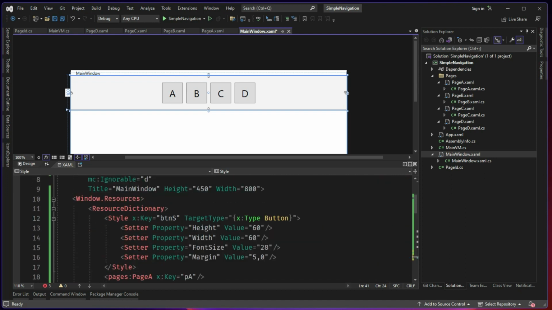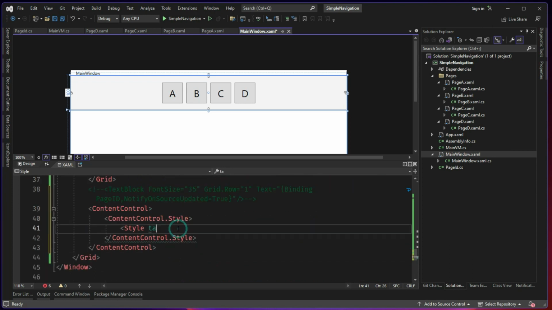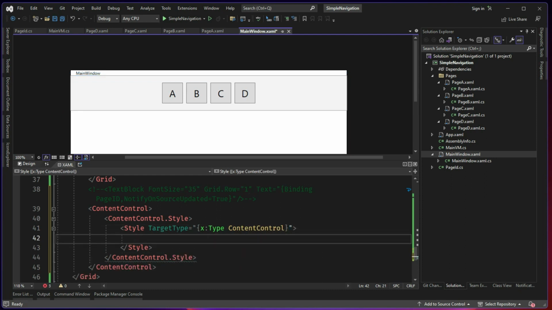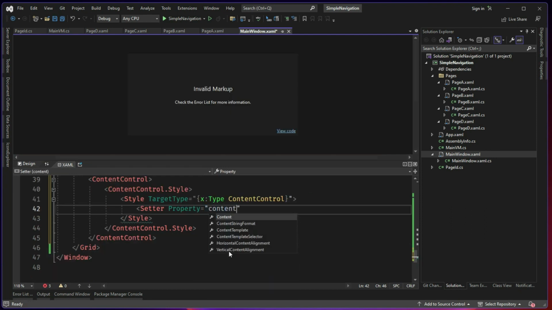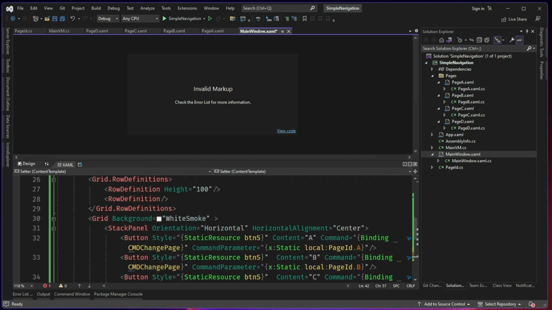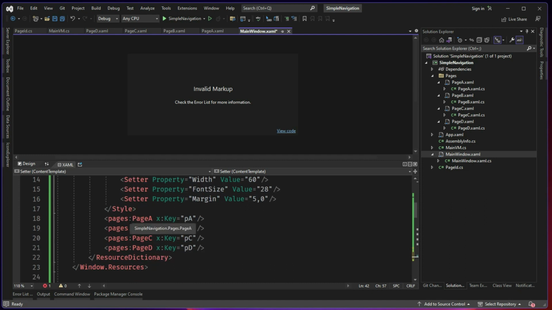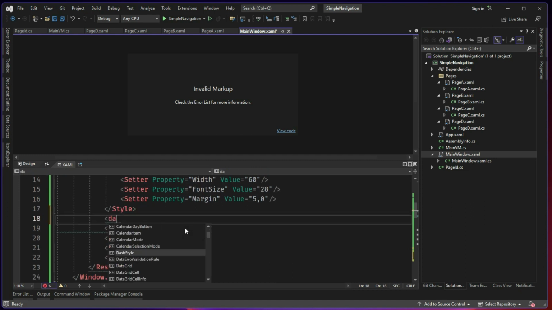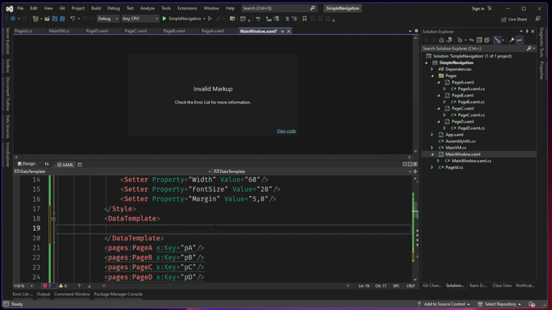And the style again, if I go here, style again will have a target type. So the same concept here, style has a target type of content control. Now set a property content template. Where is this content template? Now there is one more problem here. You cannot directly assign the pages. What we need is, we need to put this inside a data template, and